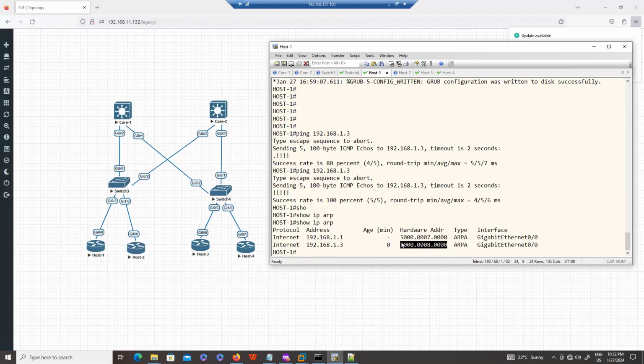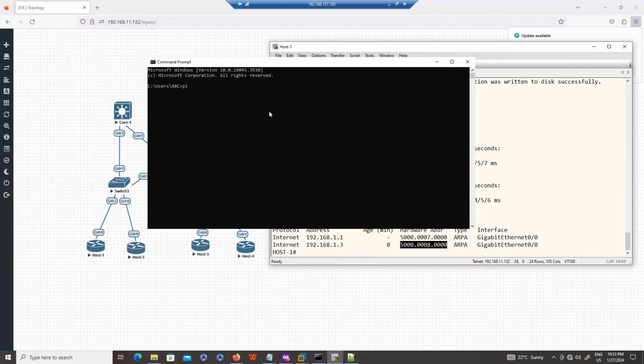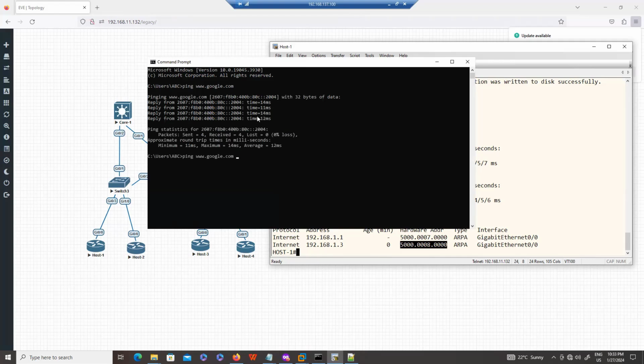But when communicating with a different network IP, you will not see the MAC address entry for that IP. Let's say my system is communicating with Google, if I say ping www.google.com, I can ping the google.com IP, it's an IPv6 IP. Let me force it to use IPv4.